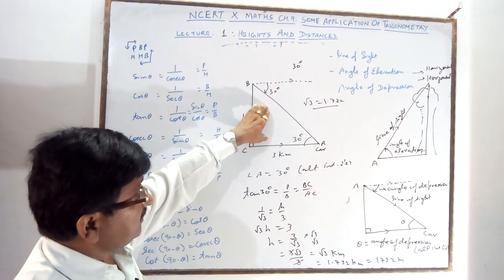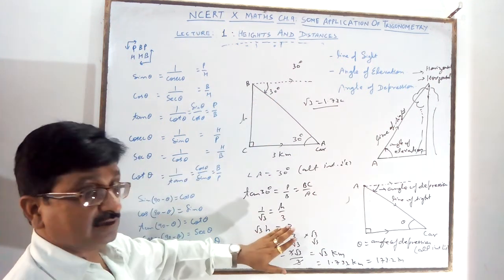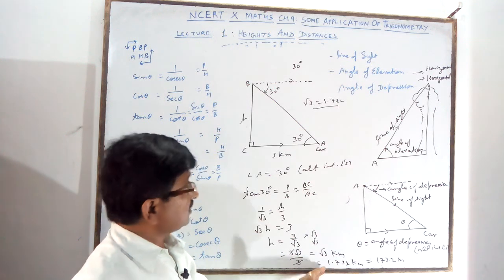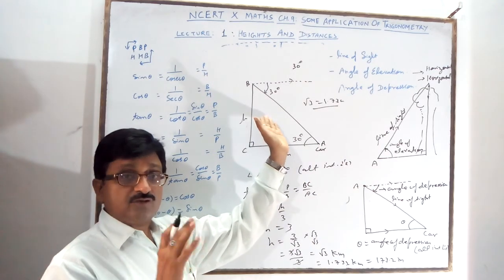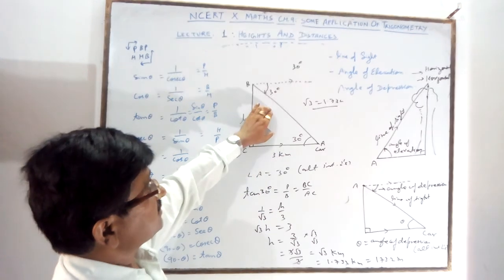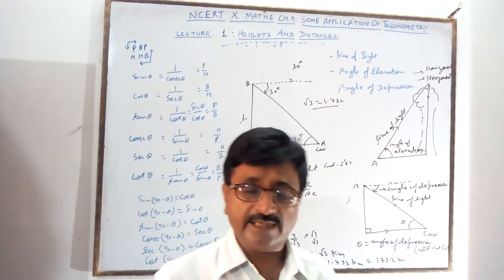This figure is very important. If the figure is wrong, answer marks will be 0. Step marking is there. If the answer is correct but the figure is wrong, then you will get 0 marks. But if the solution is wrong but the figure is correct, at least you will get 1.5 marks.